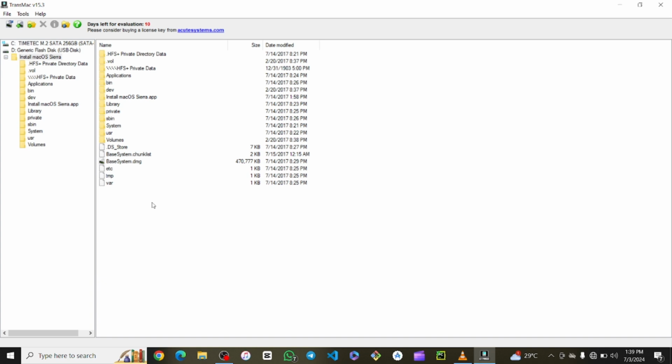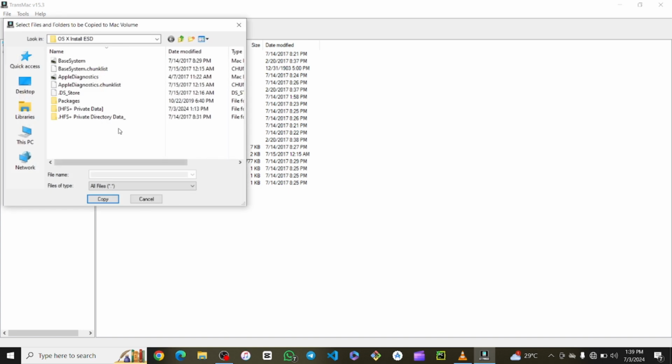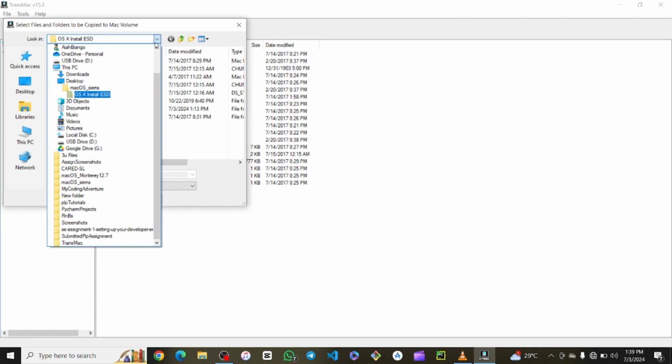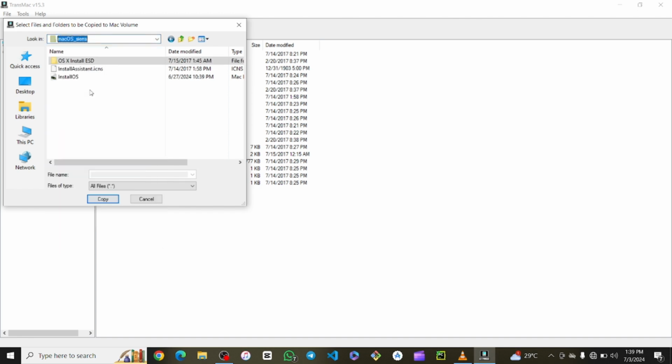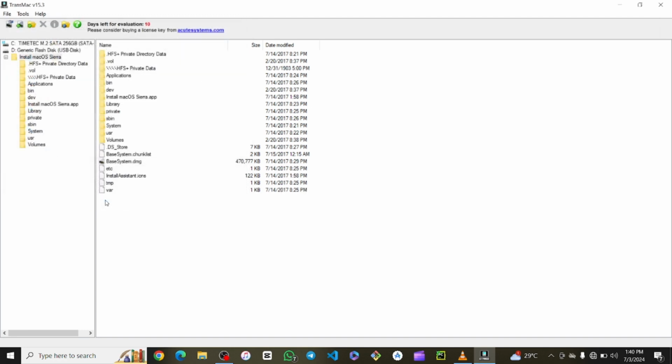Okay, so now that we have imported the base system chunklist and the base system DMG, we still need a file here to add. So again, right click here in the empty space, and we copy here. Now what we need is not in this directory, so we have to get here. You can see that we need this Install a System icon, so we need that. Let's copy that to